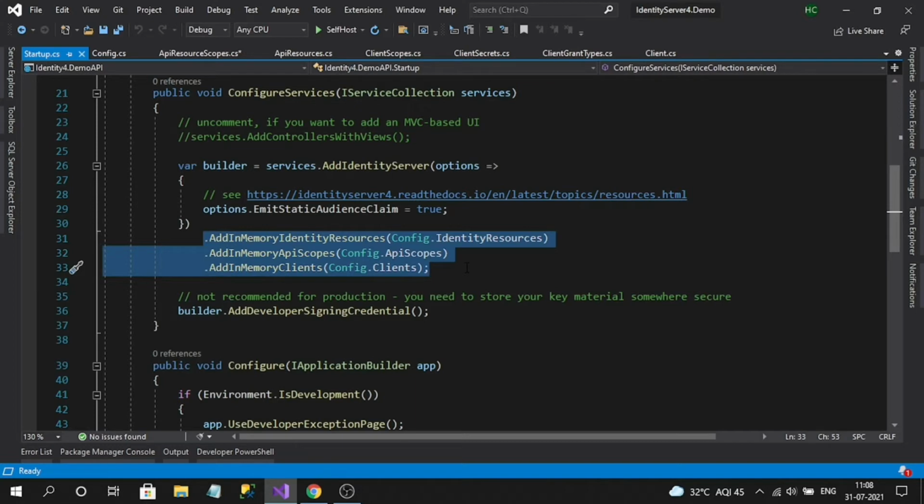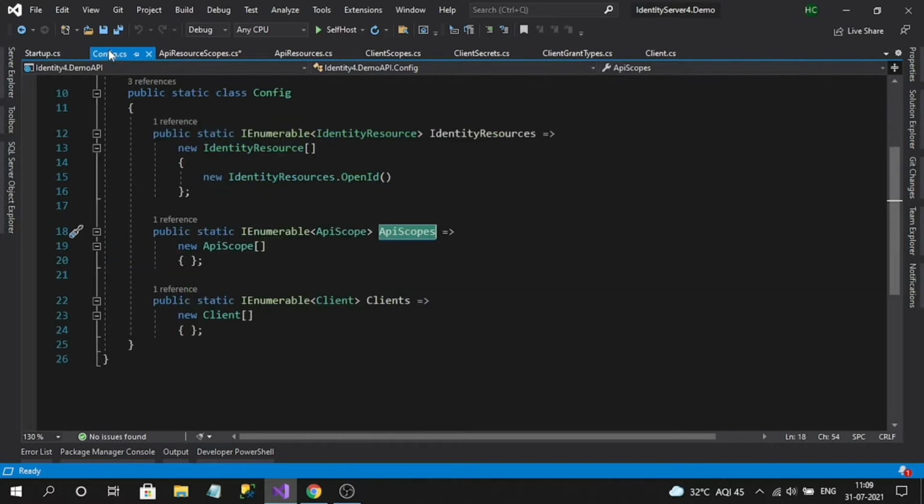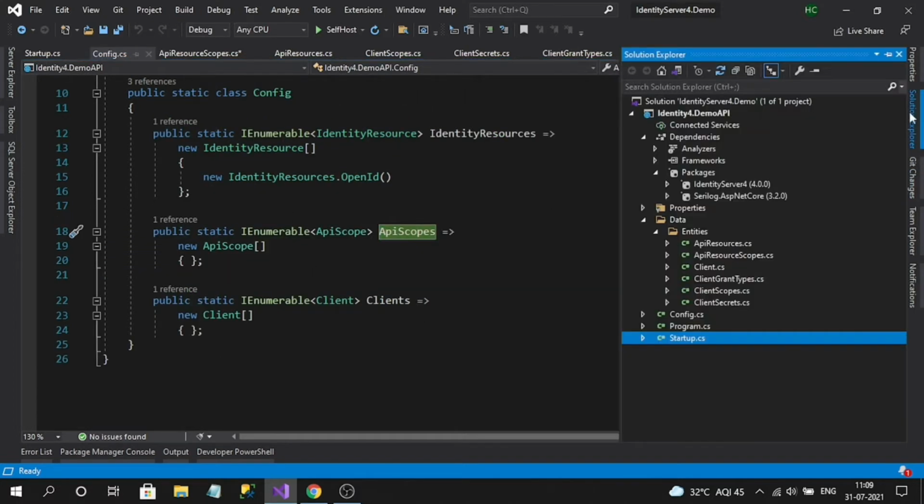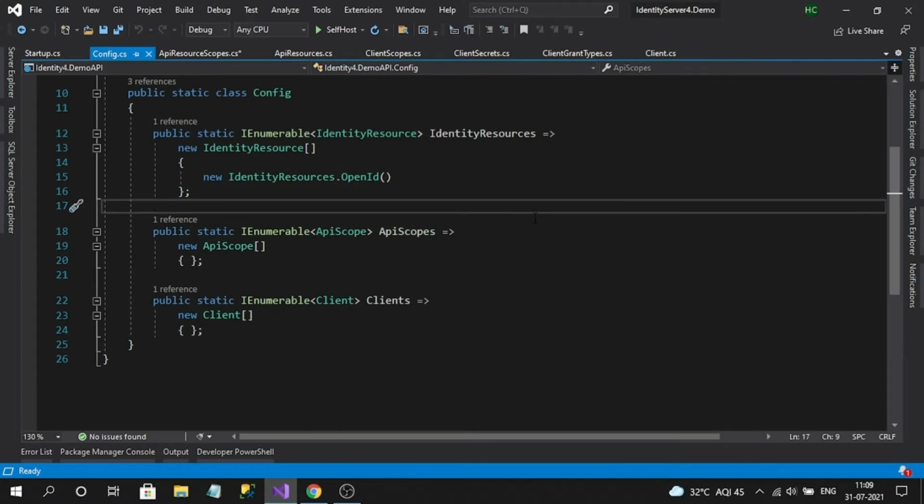So you can use this in-memory approach if you are protecting very few APIs and if your identity server is serving very few clients. Then please go for the static method way only. Don't create all these tables and everything. But if your identity server is a parent for a lot of applications, meaning a lot of applications are depending upon it for authentication,